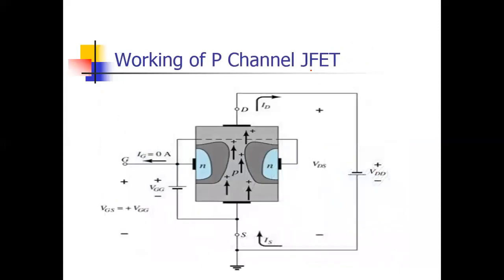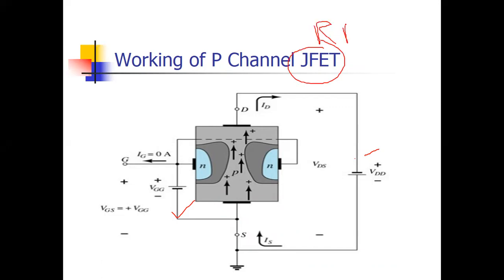Okay. So now the working of the p channel JFET: in a p channel JFET, everything is the same except the polarity. Since in a p channel there are holes, and holes will be attracted toward the negative side, this will be negative in this case. And for reverse bias we have to apply positive at the gate. Remember, in a JFET only reverse bias applies.